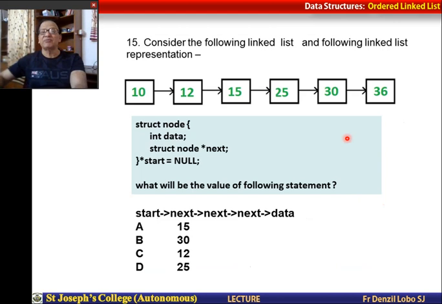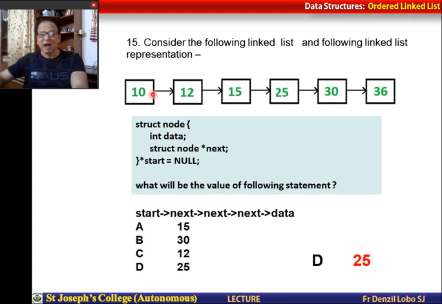Now consider the following linked list and the following representations. Here the linked list is given, and you have answers for this. What will be the value of the statement start next data? So it has to be start next data, so it is going to be 25.